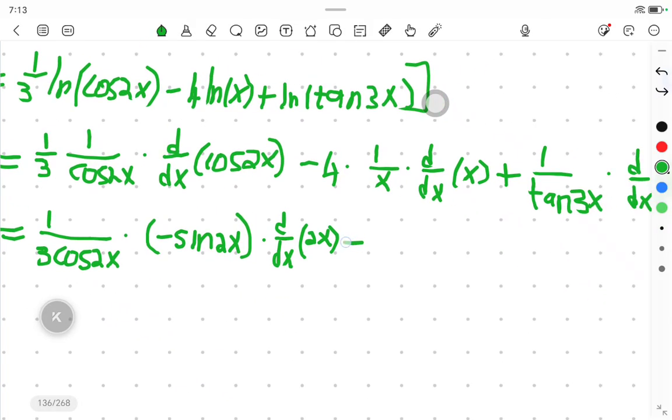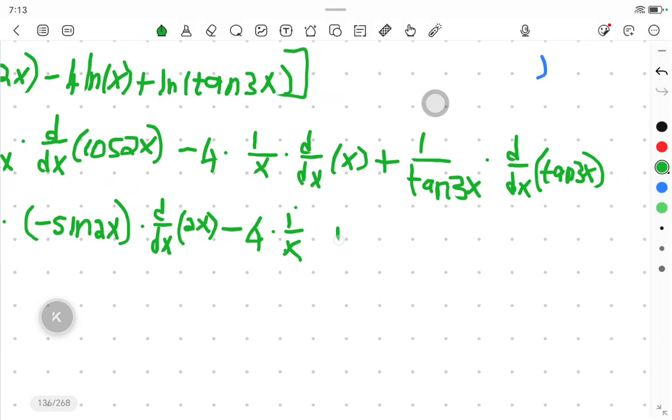So this will be minus, when I derive this, I'm going to get 4 times 1 over x, which will just be 1 over x, plus this will be 1 over tan 3x